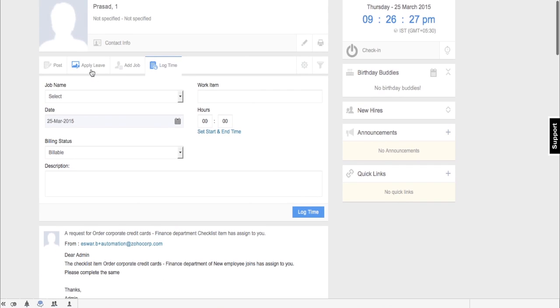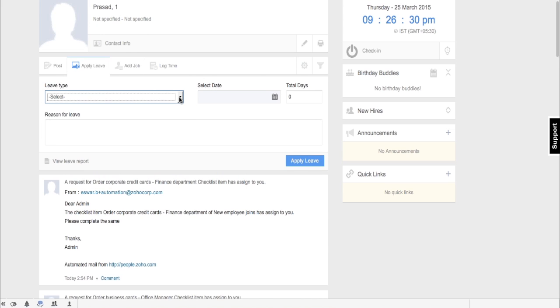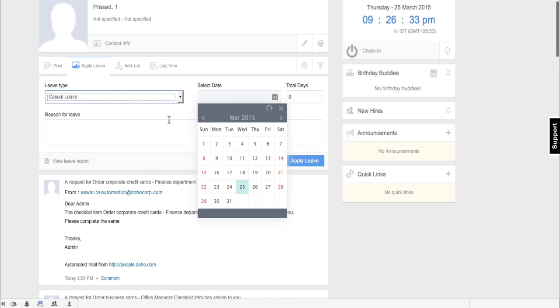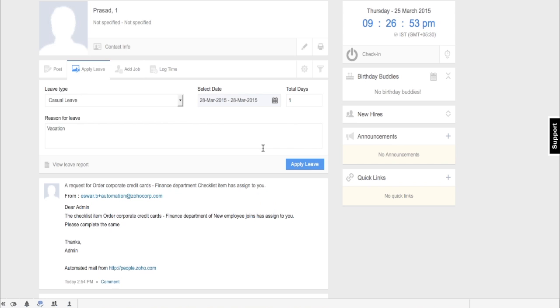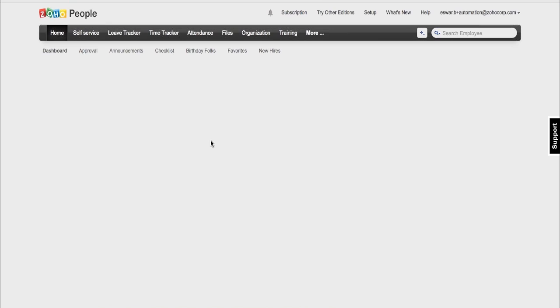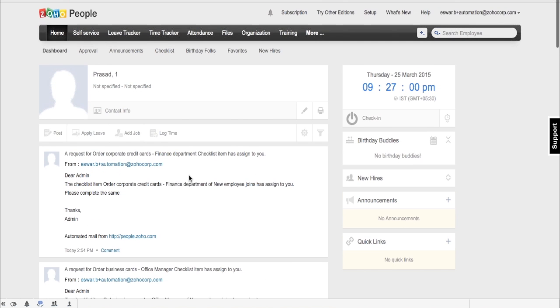Now let me show you an example. I go into the dashboard, I click on apply leave, I choose a leave type, say casual leave, choose the number of days I want to apply for the leave, and I give the reason. And once I click on apply leave, an email would be triggered to the concerned teams,